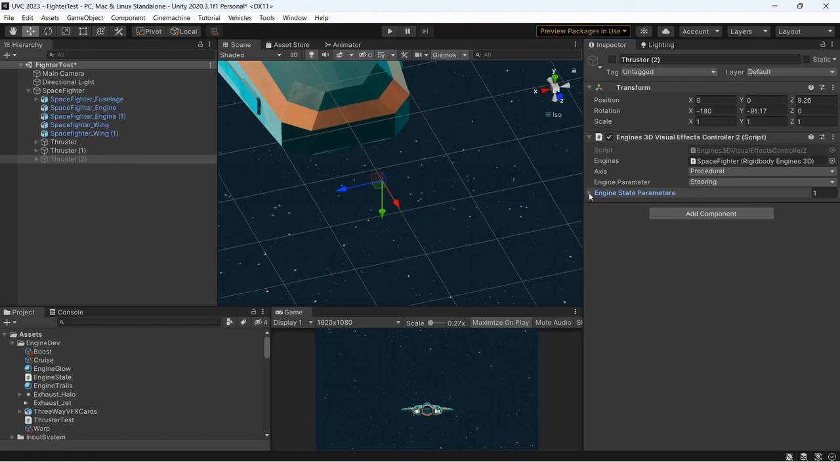and also the ability to set the states of an engine. So instead of just having all these different parameters, like boost and cruise, just added to the component,